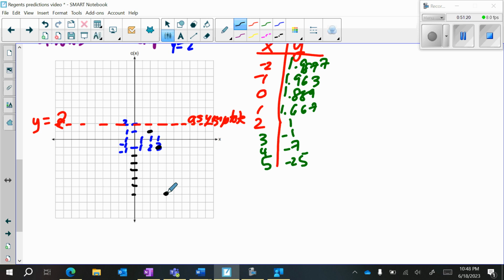And then what's going to happen is I'm going to try to graph a few of these around the asymptote. So 1, 1.6. Okay. 0, 1.8. All right. Now I'm getting really close. Okay. Now what you're going to notice is the calculator is not going to show everything that's happening. It's just going to show it going like this, and then it's going to kind of stop here. You have to understand that this is going down forever, so you're going to put arrows on the graph, and